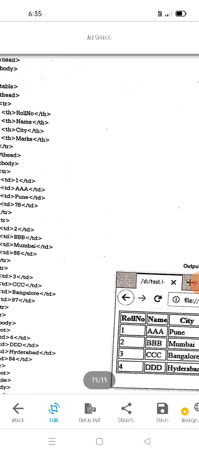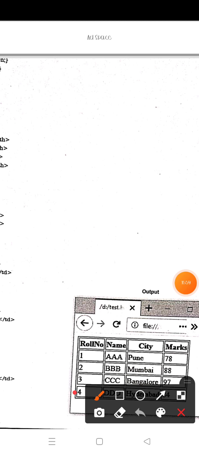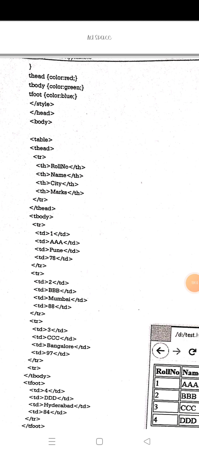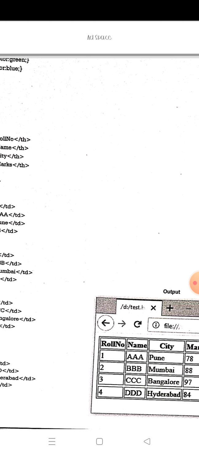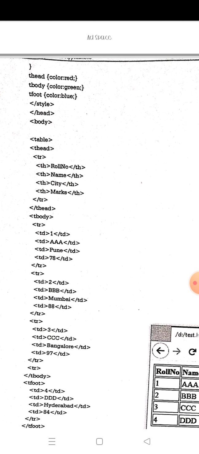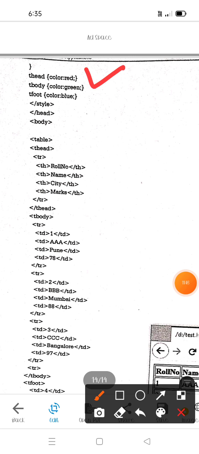And the tfoot, so this is the table footer, this one last row. For that we are giving blue color, and close the style tag, then head tag, and open the body tag, then table. So thead tag is used, we described red color for the thead tag.